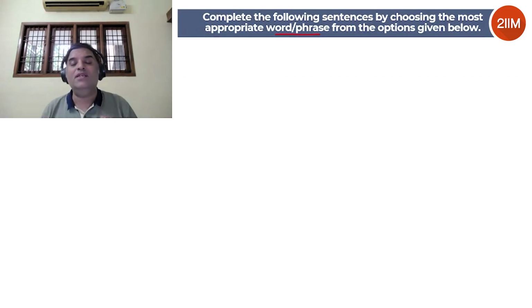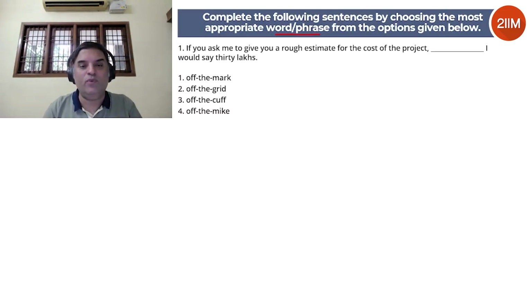But the good thing about this is they give you sentences, right? So there is context. You can understand the sentence. And in some cases, you might not know the meanings of all the words in the options, but you can still make an intelligent guess based on context. So it's a good thing. Direct vocabulary questions are very black and white. Let's say, for instance, if they ask you the meaning of anachronistic, either you know the meaning or not, right? So you can't really make a lot of guesses there. But here, because there is a sentence and there is context, you can make intelligent guesses. All right? Okay, let's look at question 1.